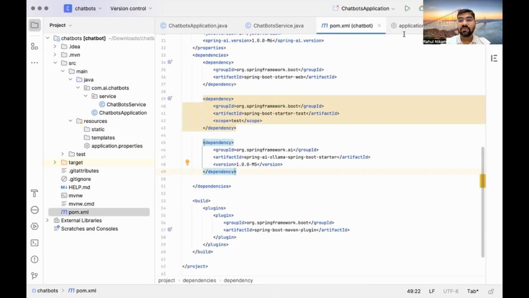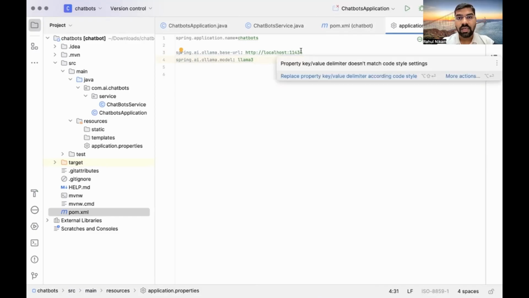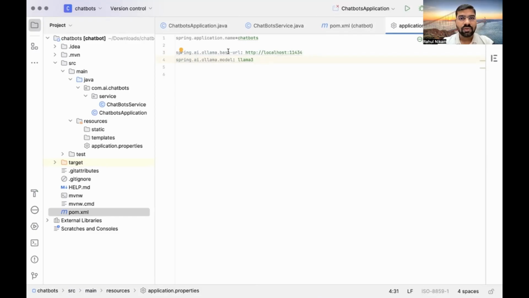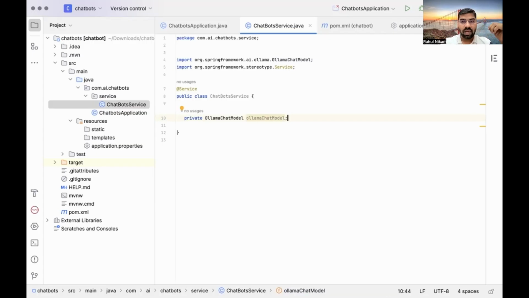After that, in the properties file, we need to add two important properties for Ollama. One is the Ollama model, and we are using Llama 3 for this. And Ollama runs locally on port 11434, so we provide the base URL. After that, let's jump to our service class. In the service class, let's use the Ollama chat model that helps us communicate with Ollama LLM models. Create one function whose return type is String, public String, and name it prompt